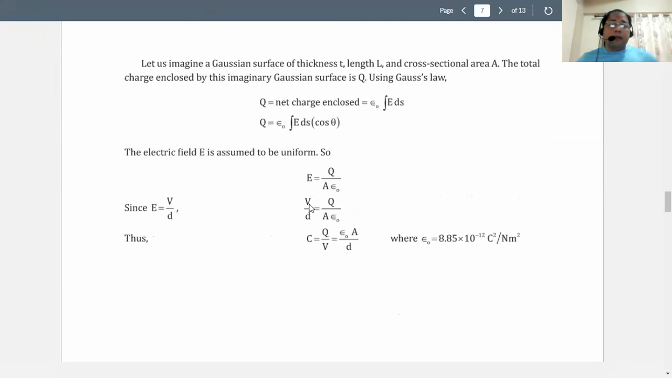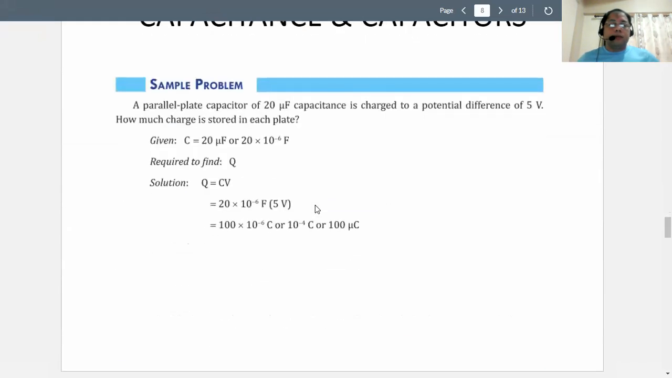Okay, so again, our capacitor. Parallel plate capacitors. Say you have a 20 microfarad capacitance. You charge it with a voltage of 5 volts. How much is the charge Q on our plate? If you recall,